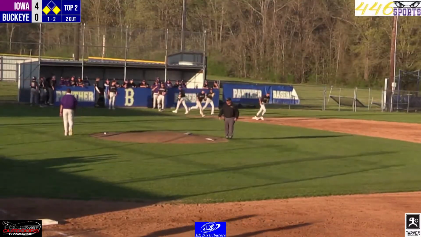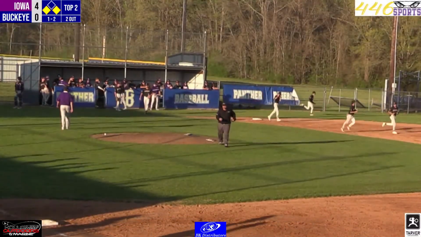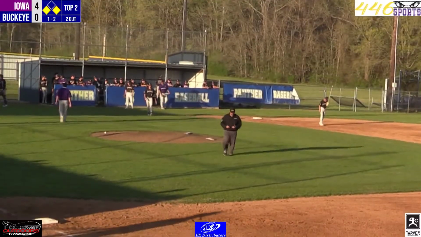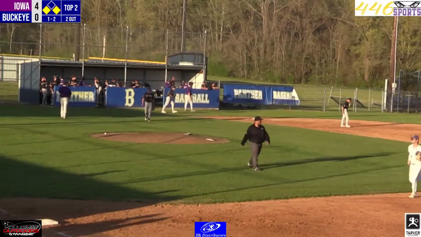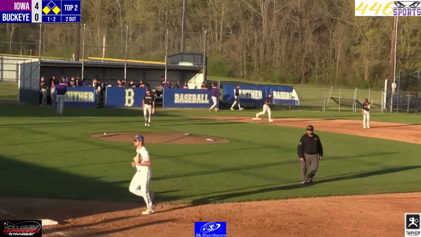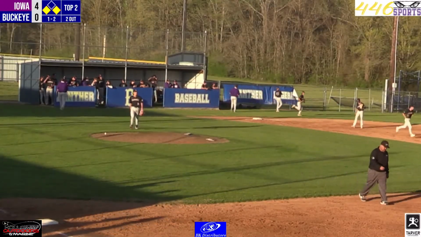Good relay there from Ty Curtis. Beautiful relay. He got the ball in good. Drew Tyson did a fantastic job turning and throwing a dart to the plate. I'm telling you, I already called it good. I already thought he scored, but